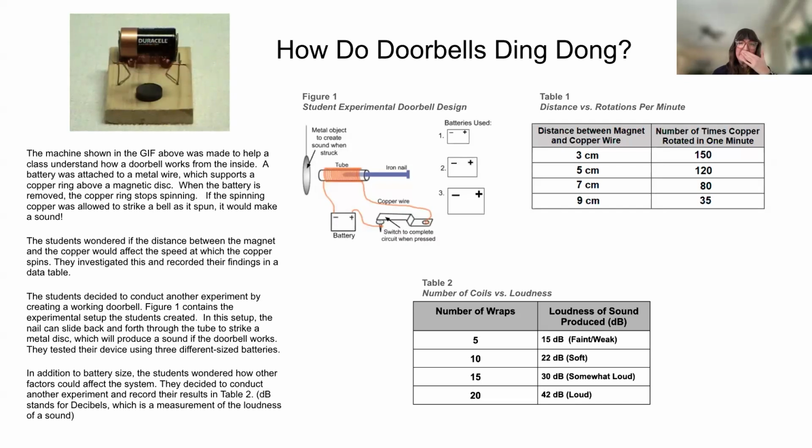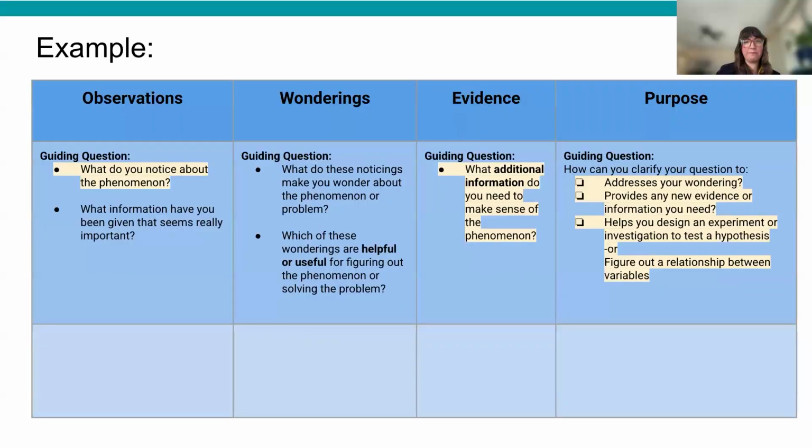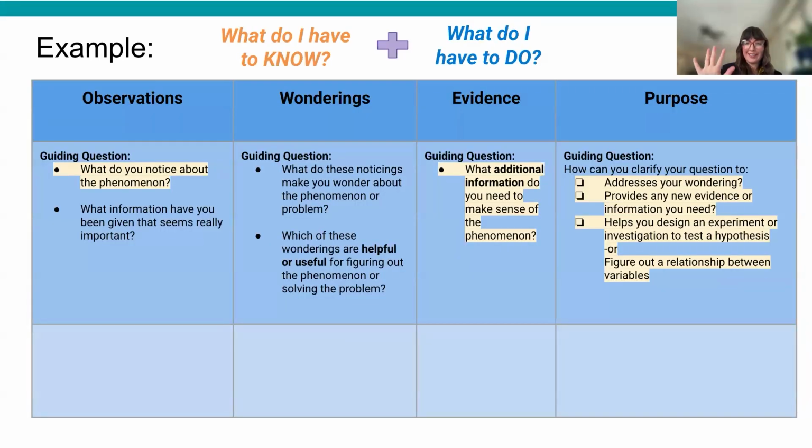Well, we need students to ask questions about this, relevant questions that could help us analyze data to determine cause and effect relationships. That's the performance expectation. So with that in mind, let's look at that series of scaffolded guiding questions again, and let's look at some examples of how this could play out for us in our classroom. So we're going to stick with just asking questions. I've kind of gotten rid of those pink questions that deal with defining engineering problems. We're just going to talk about asking questions right now.